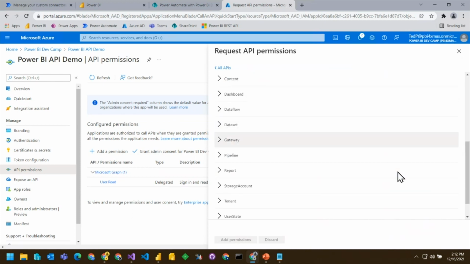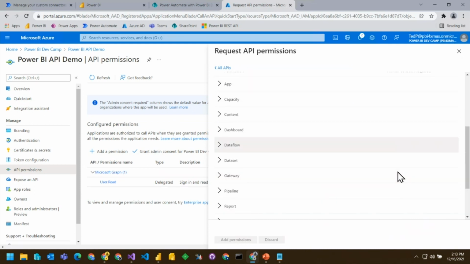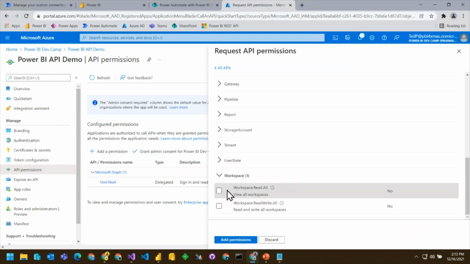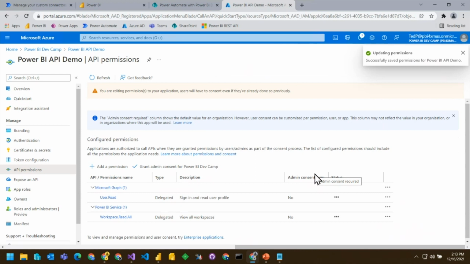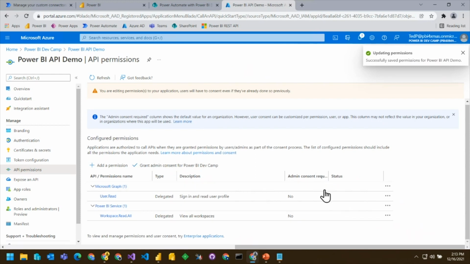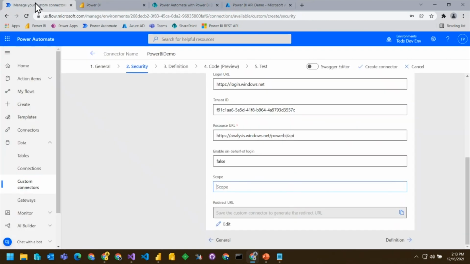And so which ones do I want? Let's say I want to be able to get the workspaces for the current user. So there is workspace, and we can pick Workspace.Read.All. Maybe I want to get at datasets, and I could add those inside there as well. But the idea is that you need to add these inside here. For this demo, I'm just going to add one. Now, note that you can click on Grant Admin Consent. I'm not going to do that because I want it to show up in a later part of the demo. But the idea here is that if we just leave scope blank, it's going to automatically use the default permissions, which are the ones that I just registered.